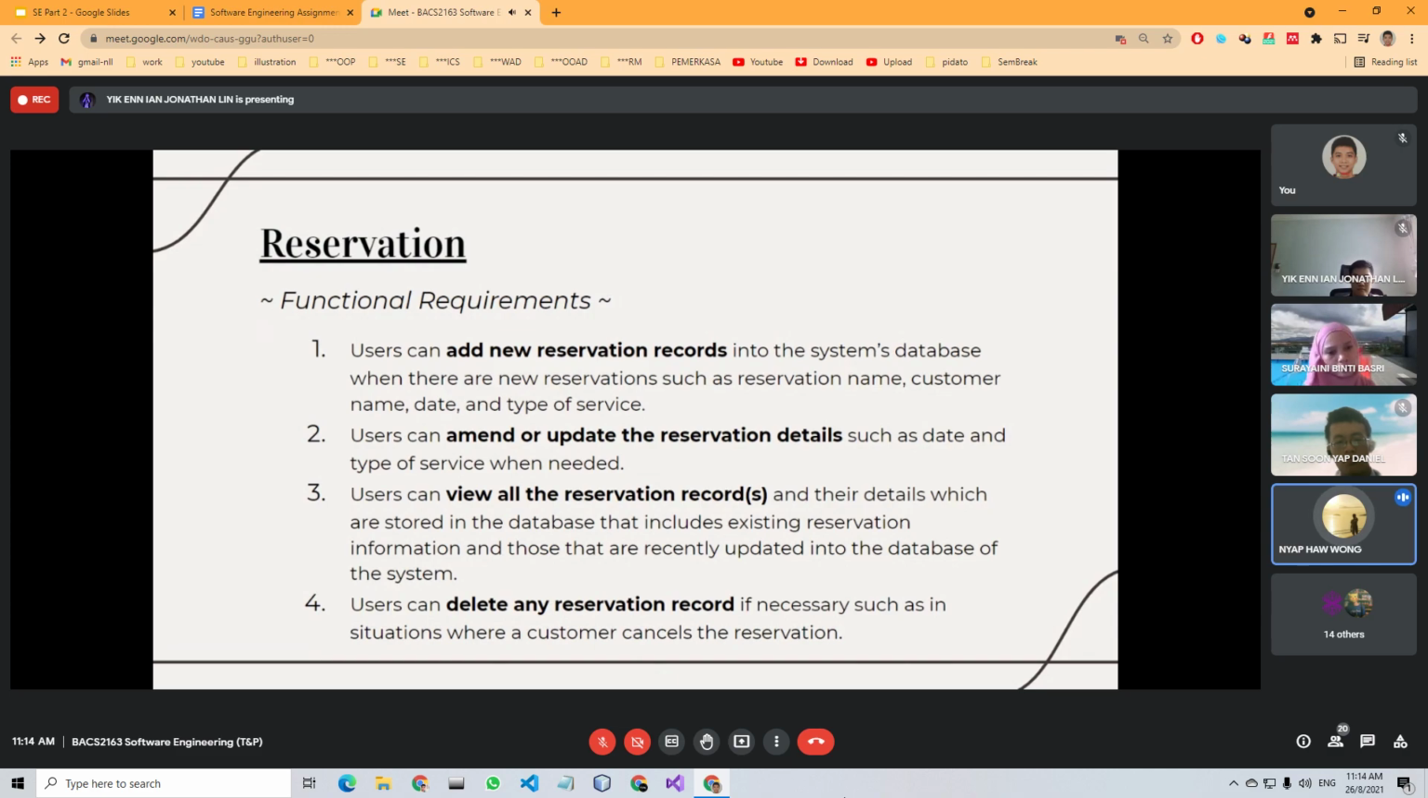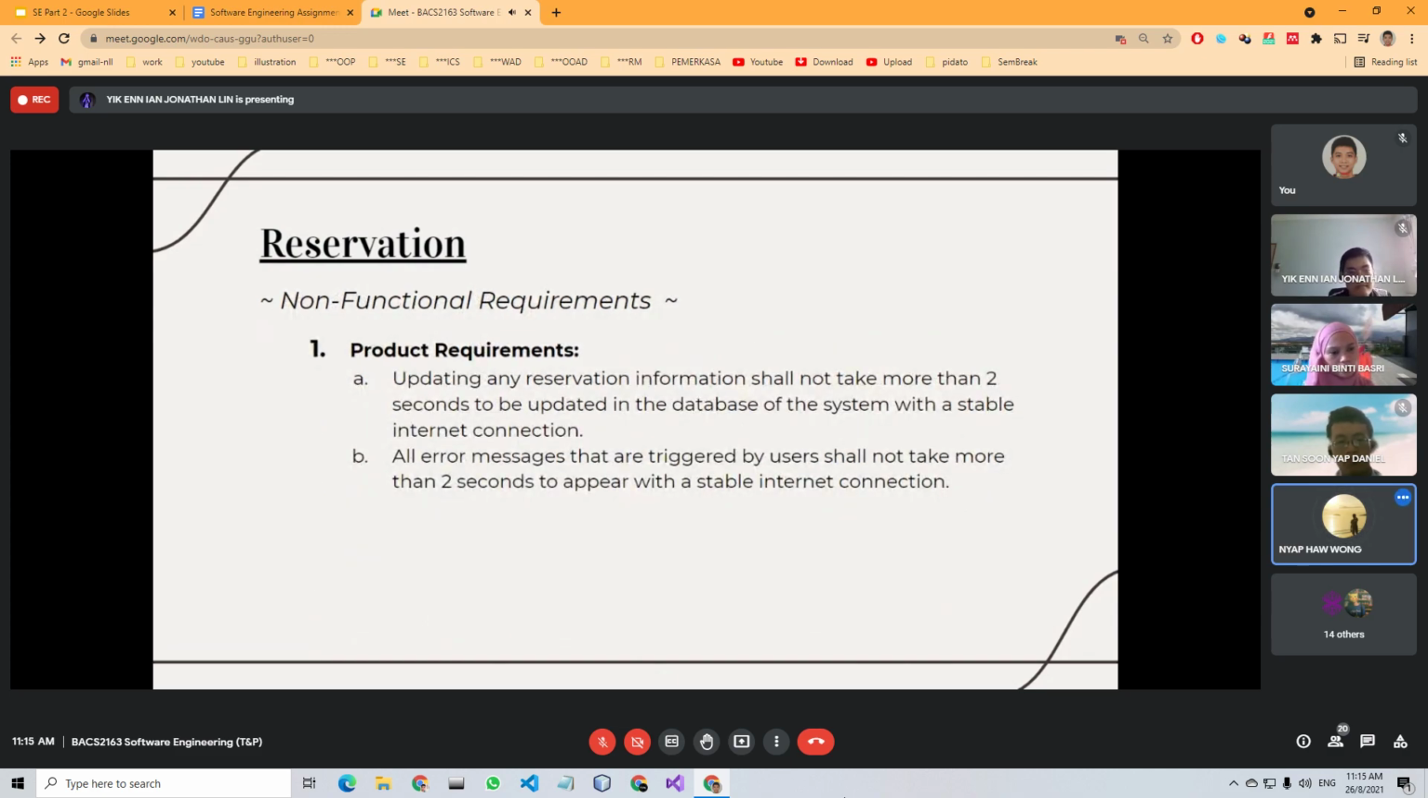Whereas for non-functional requirements, there are 3, which are product requirements. I'll start with product requirements first. Updating any reservation information shall not take more than 2 seconds to be updated in the database of the system with a stable internet connection. All error messages that are triggered by users shall not take more than 2 seconds to appear with a stable